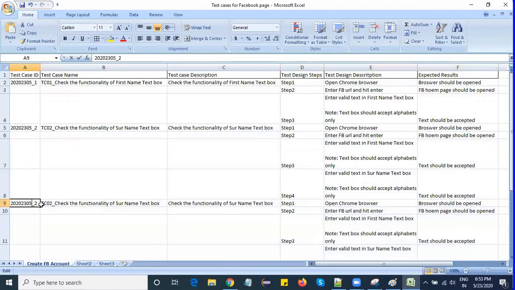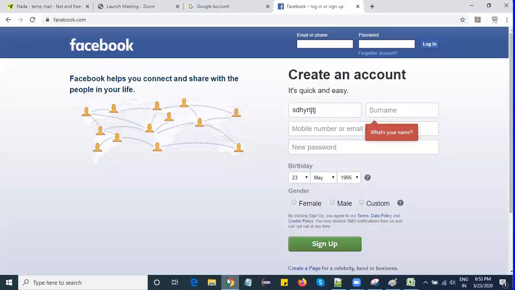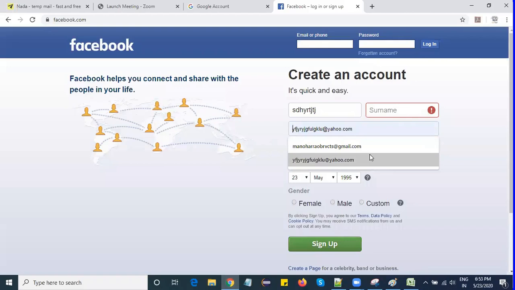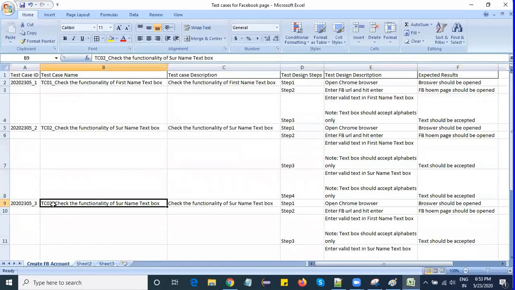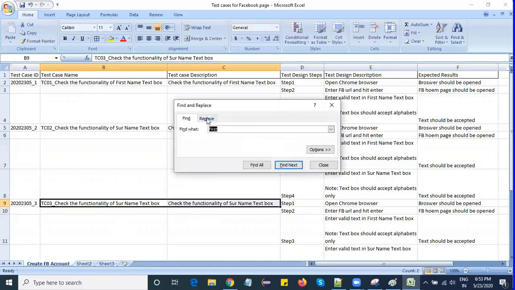So like that, what is the third one? Let me speed up. Third one is mobile number or email address. Check the functionality of mobile or mail address.